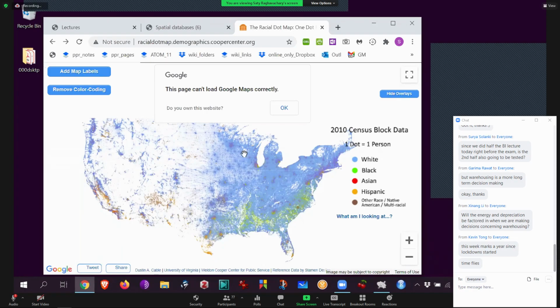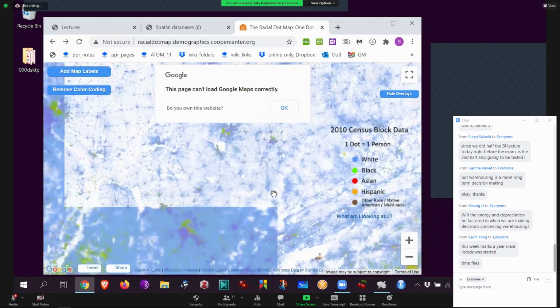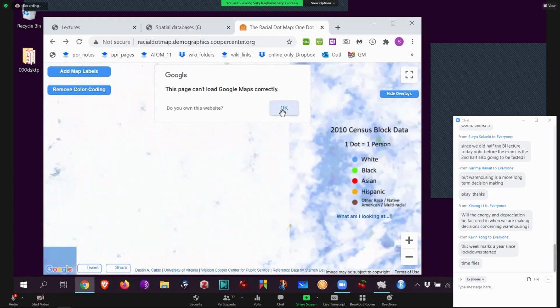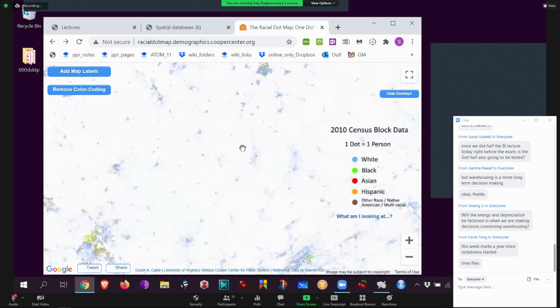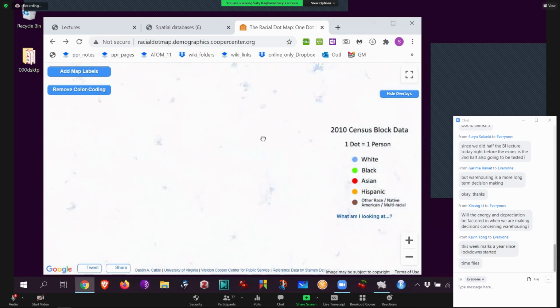In 2020, definitely this is not going to look like that at all. Highly more homogenized. There's a lot more mixing going on. So that is also fascinating, how detailed this is. Again, one person, one dot. Wow. I don't own that site. Do you own that site? No. Okay, so that's cool, right?